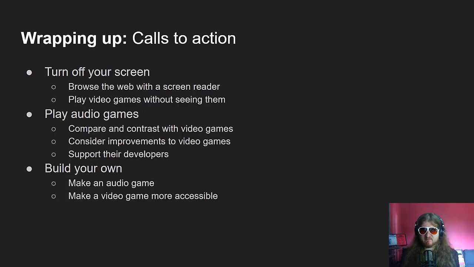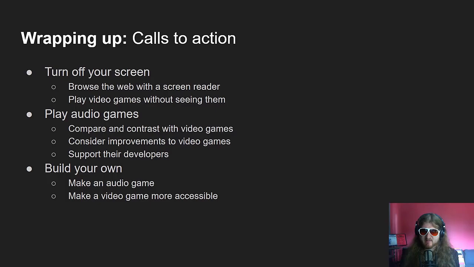And finally, some things for you to consider. Turn off your screen or blindfold yourself to experience the world in a different light. You may try browsing the web with a screen reader to understand how the mental model of accessing a website shifts when you can't see it, or what frustrations you encounter when a website ignores the web content accessibility guidelines. Or you may try playing your favorite video game, if you can even get past the main menu, and try to complete the first objective or level